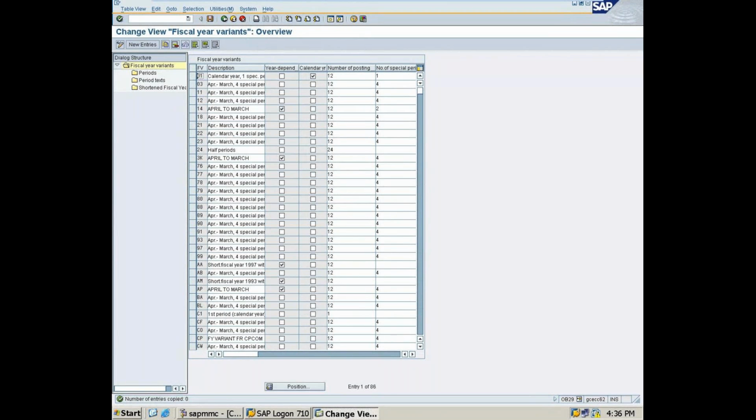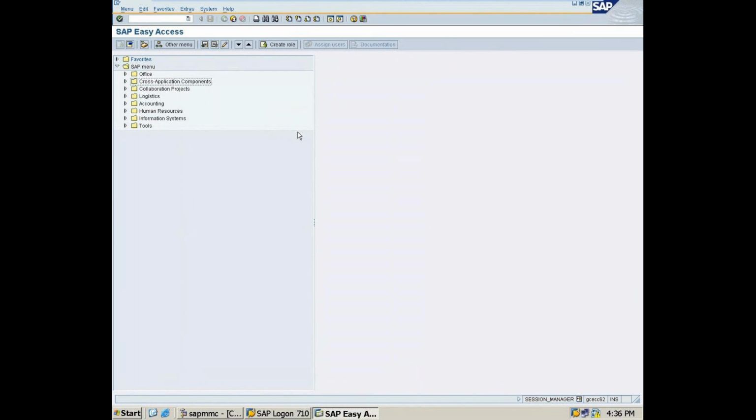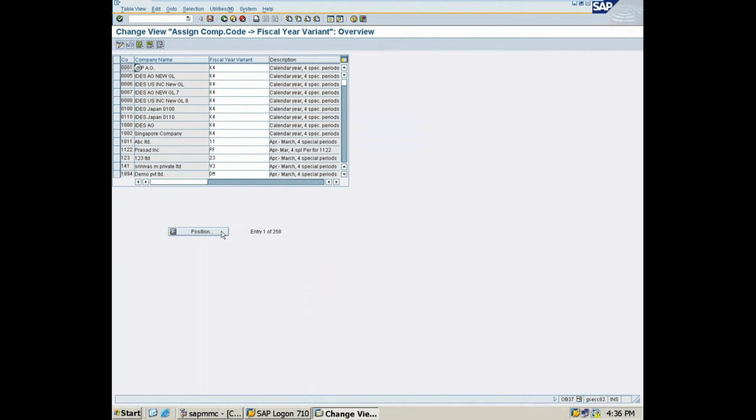So you know how to create it. I'll come back from this screen. Now assign the fiscal year variant to the company code. The T code of this is OB37. We'll go for position. I'll find my company MCC1. Here the fiscal year variant is blank.